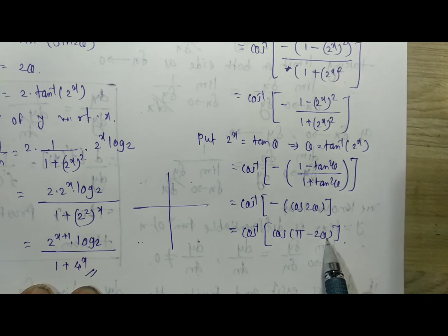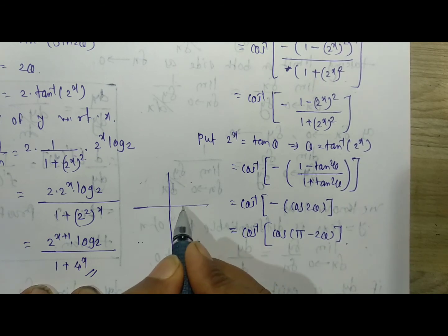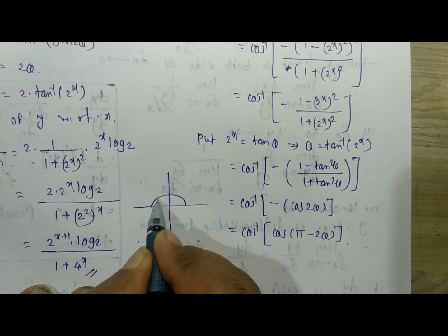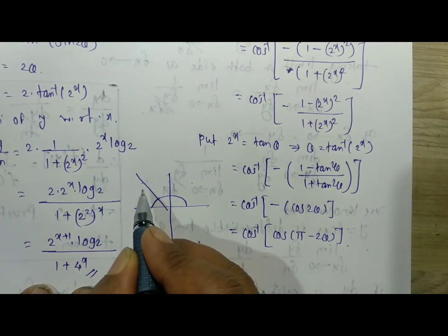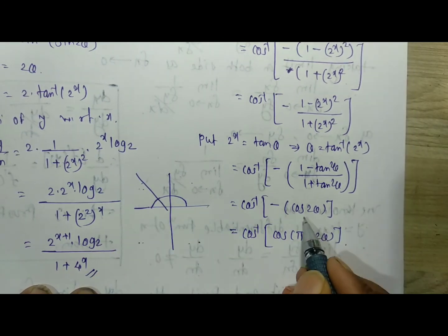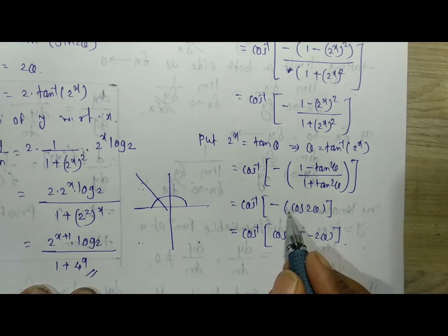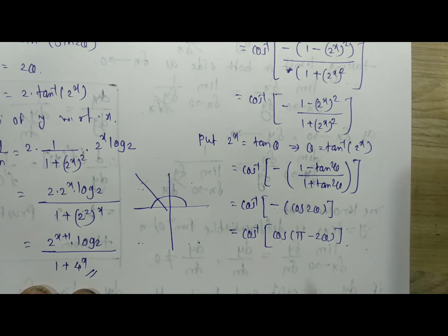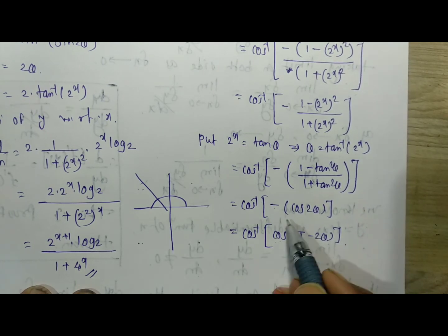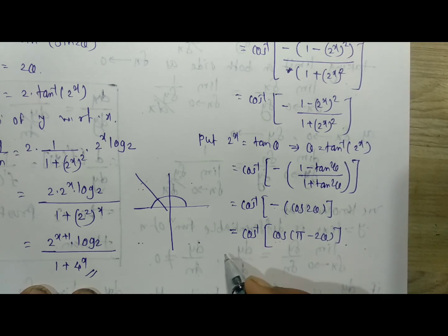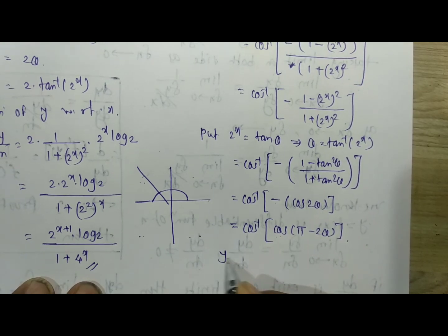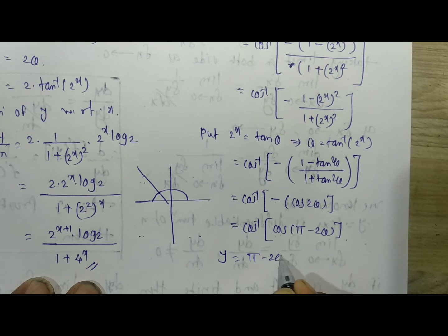Pi minus 2 theta means you are in the second quadrant. Here the sine ratio is positive, but we have to take the cos ratio, that means it is negative. Therefore cos and cos inverse cancel to each other. Therefore y is equal to pi minus 2 theta,